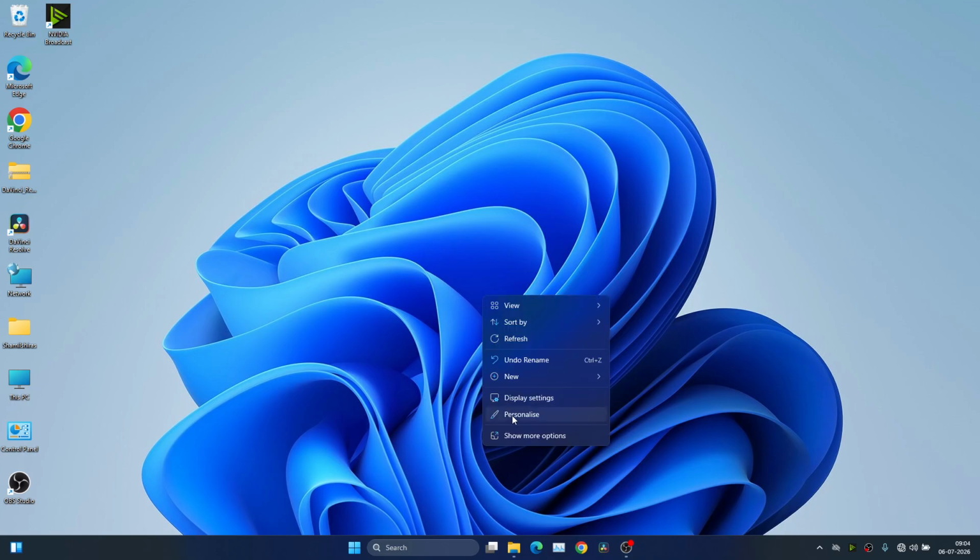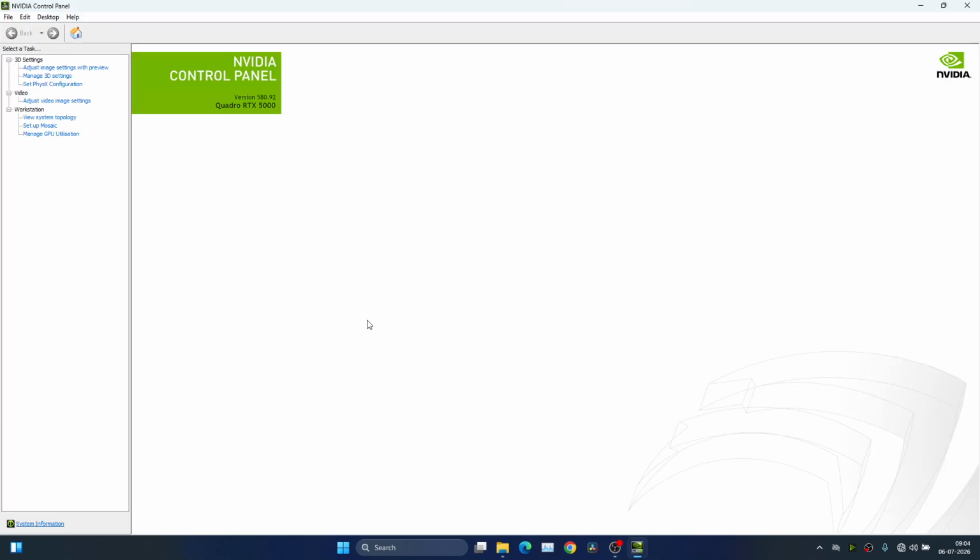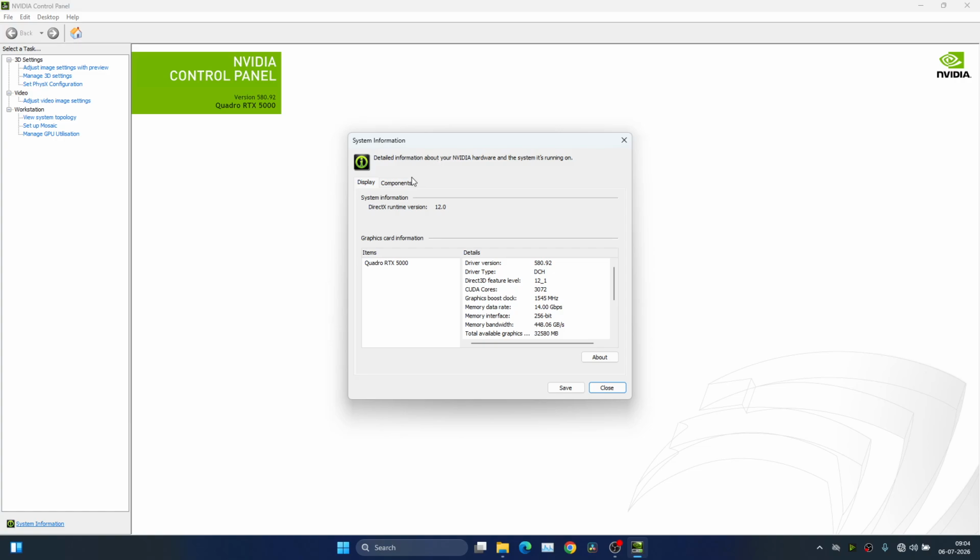Simply right click on your desktop, then select show more options, then select NVIDIA control panel. After that you will get this window, and at the left bottom side you can see there is System Information. Click on that, then you will receive this window, and here you can identify what is